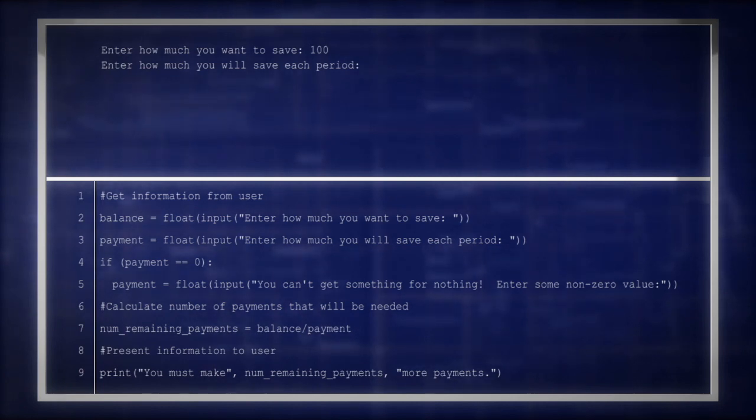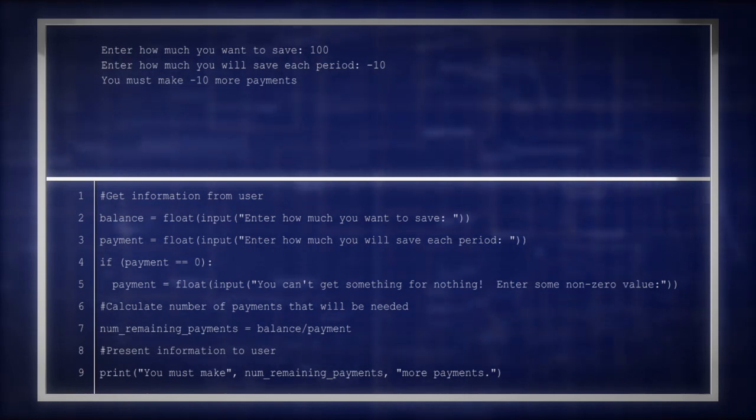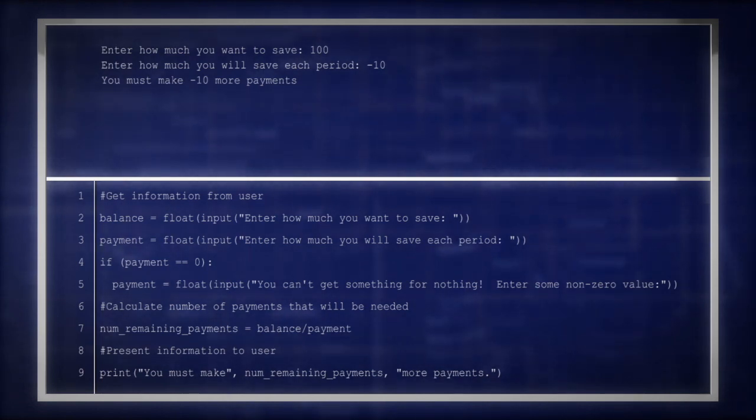What if we enter a negative number, like a payment of -10? It looks like we get a negative answer. The math is correct here, but it doesn't make a lot of sense. We don't need to be talking about saving up negative amounts, and saving up negative dollars will never get us to our value. So we probably ought to put in another check